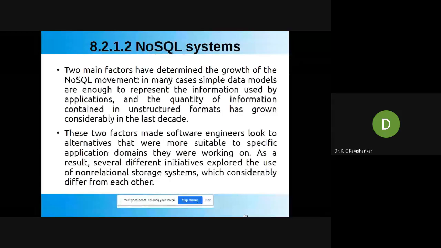So not only SQL systems came into the picture in 1998 when the internet evolved and a lot of data was generated based on search engine logs, and later social networking came into the picture. From there also a lot of data has been generated. So instead of handling this data using SQL queries, people started thinking about other methods of handling data,